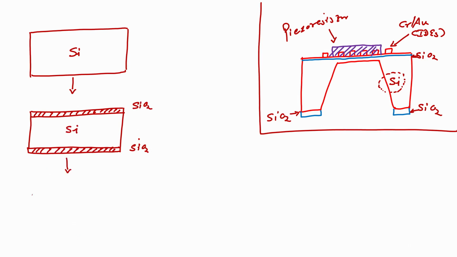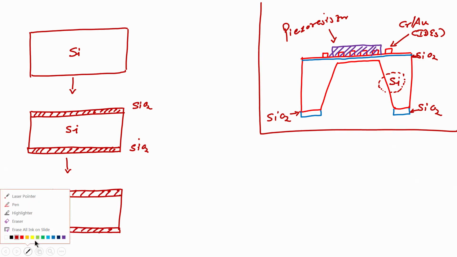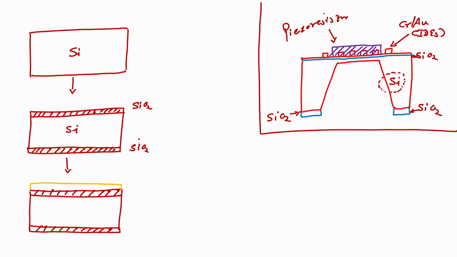Next step is I will deposit a metal on the silicon dioxide so that I can obtain my chrome gold interdigitated electrode. So, I will deposit chrome gold, this is my chrome gold, and then the remaining things are silicon dioxide. Next step,